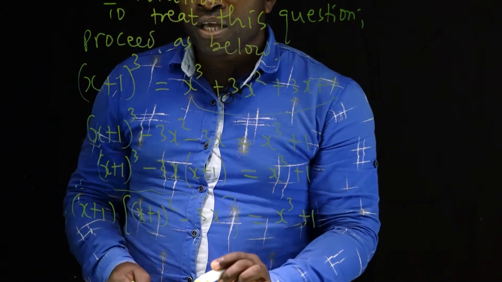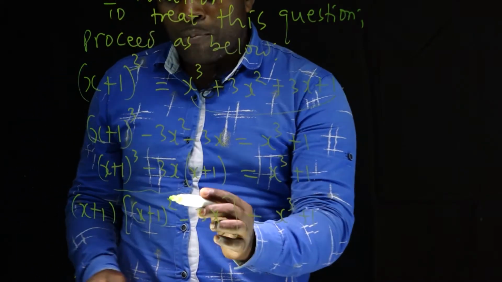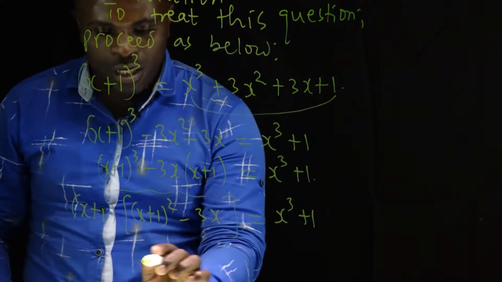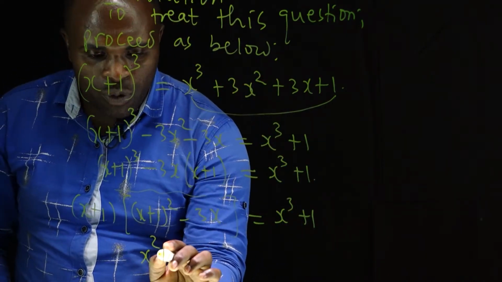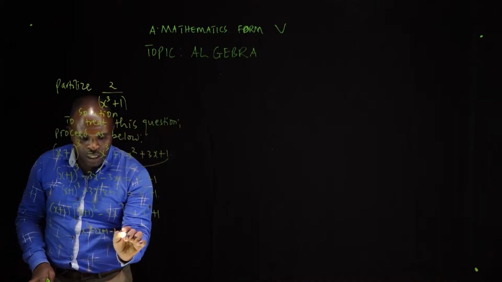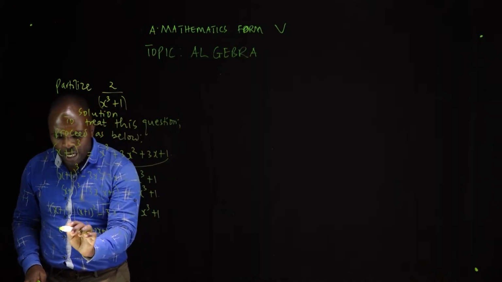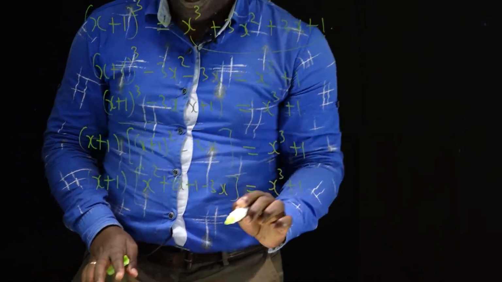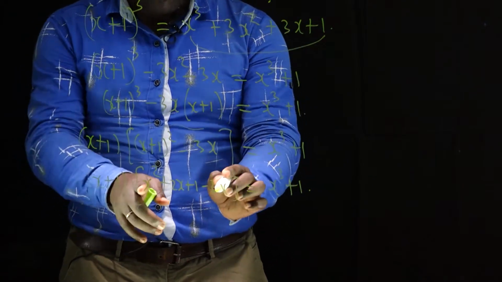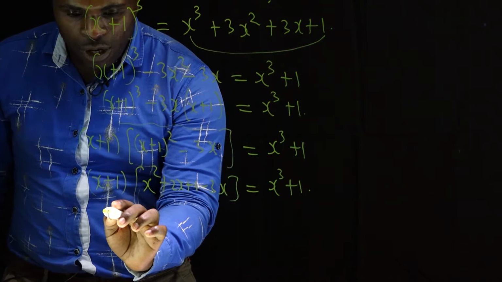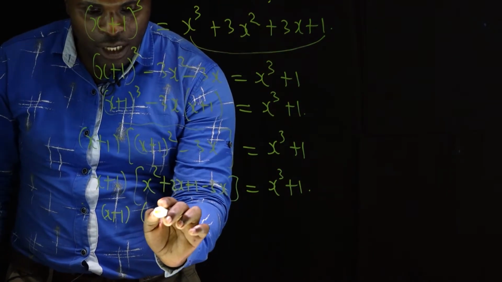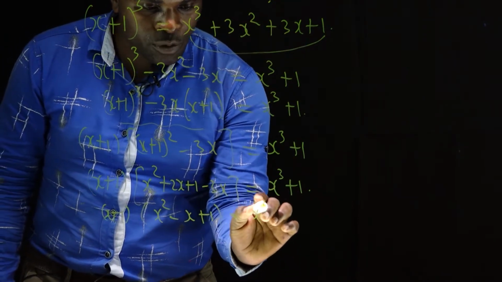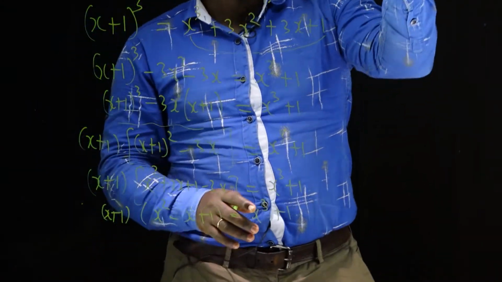What does this signify? It simply signifies that upon expanding this perfect square, simplifying and then subtracting 3x, it just gives us x squared plus 2x plus 1 minus 3x. In the same way here, outside of the brackets, and then it gives x power 3 plus 1. We are now able to operate algebraically this part, which is simply now x plus 1, and here x squared minus x plus 1 equals x power 3 plus 1. So it signifies that